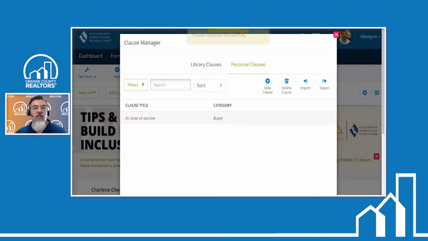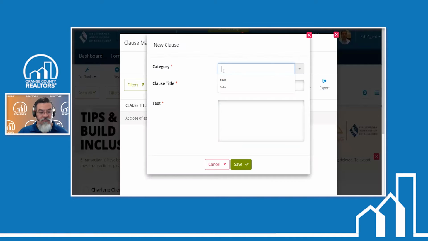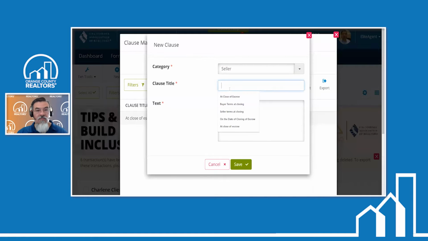And then if we do another one, seller. Buyer. Okay, we'll choose this one from the past. Buyer terms at closing. There we go. Buyer will provide